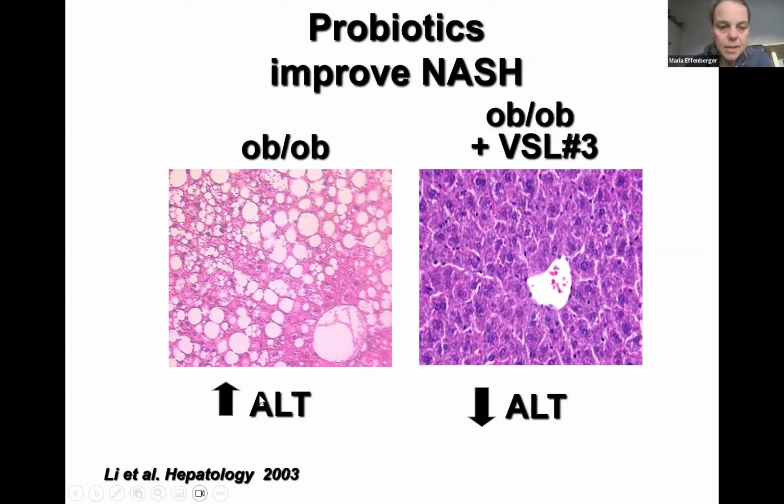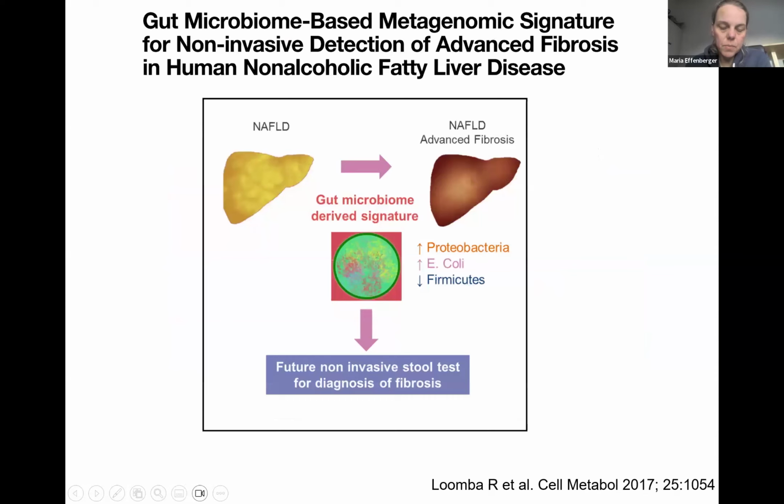The ALT, one of the main markers of MASLD disease, goes down. It decreases. And you also see here in the histological aspects that the fat, which is here white, goes down in the liver as well. And this was a groundbreaking paper, Lombard et al. Lombard is one of the main players in MASLD and NAFLD, as we have called it till 2023,